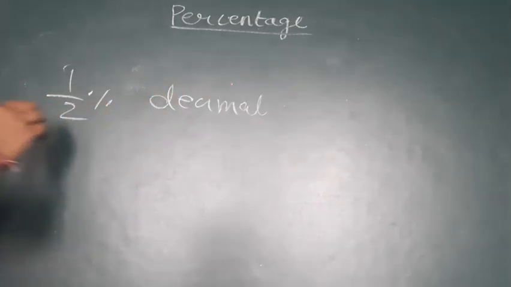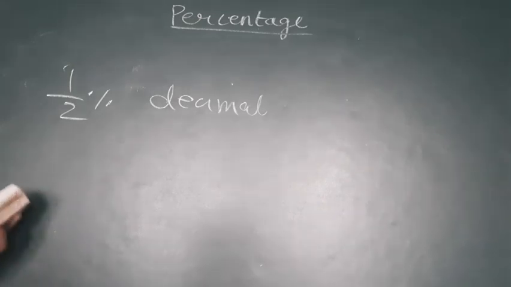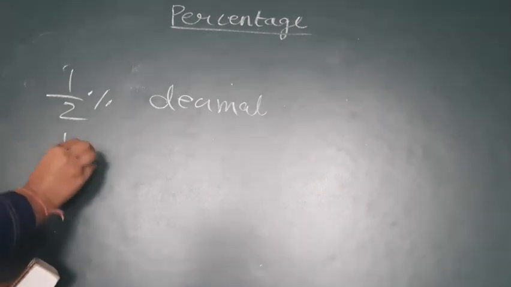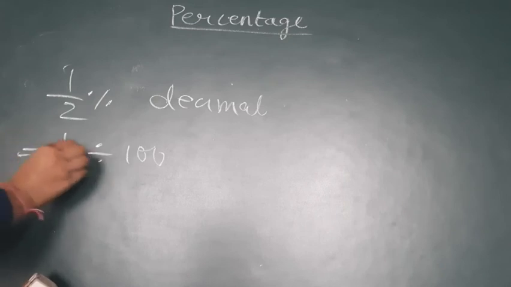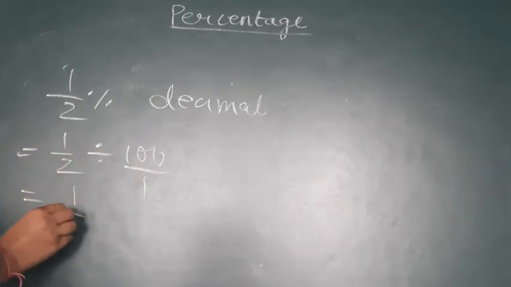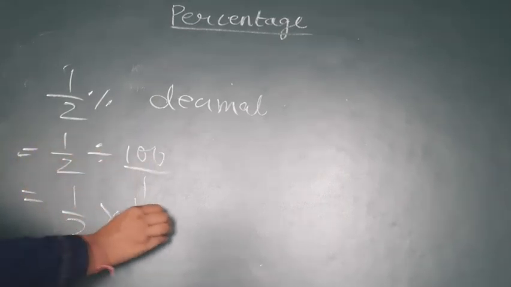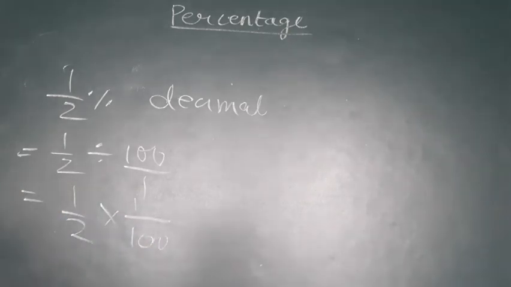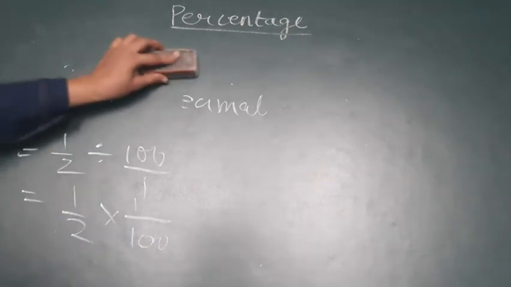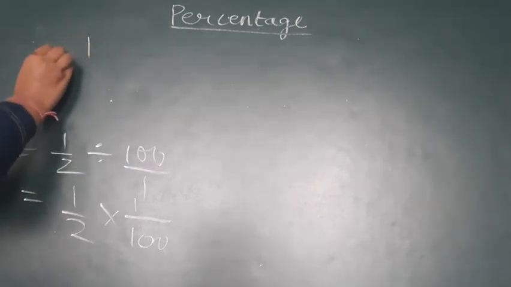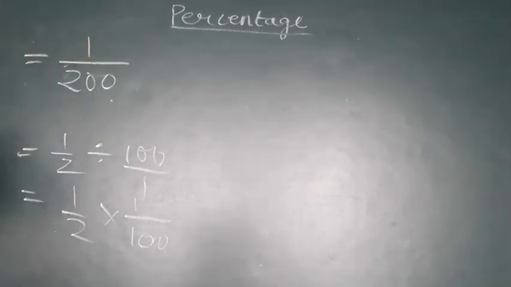How will you convert? So you have already studied how to convert the percentages into fractions. So how will you convert? Just divide it by 100. 1/2 will be divided by 100. So how to divide the fractions? Take the reciprocal of the second fraction, multiply it with the first one. So now 1 by 2 will become what? It will become 1 by 200. Now it is 1 upon 200. It is easier for you to convert this number into decimal. 200 को जब हम 1 से divide करेंगे, what you will obtain? It is having 2 zeros in the denominator, right?